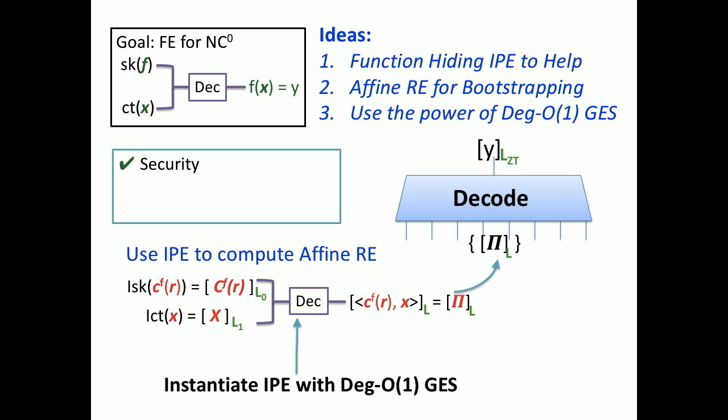What about security? Well, that also follows pretty easily. I used an inner product encryption, which is function hiding, to compute the randomized encoding. Therefore, it should hide everything else except for revealing the randomized encoding itself. And then, by the security of the randomized encoding, it further hides the input. Okay. That's it. Looks like most of you got it.